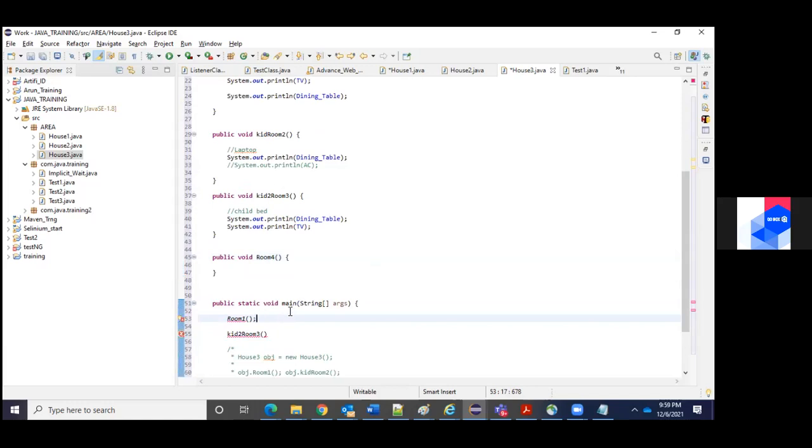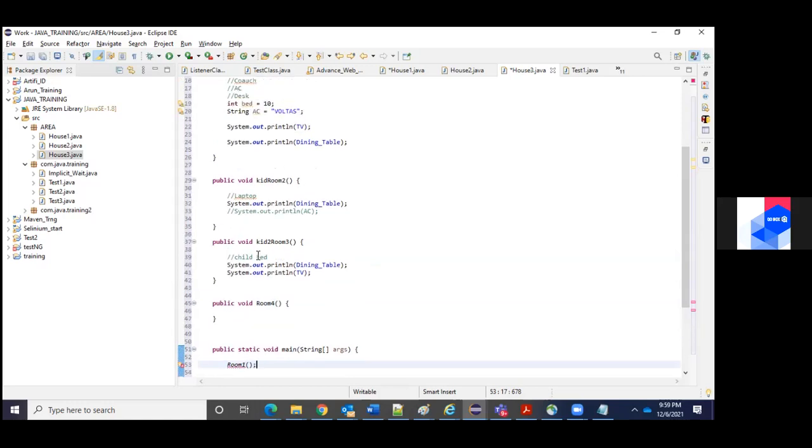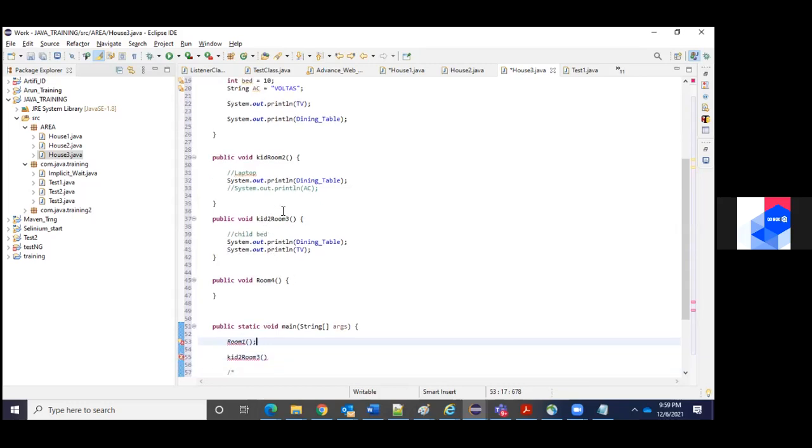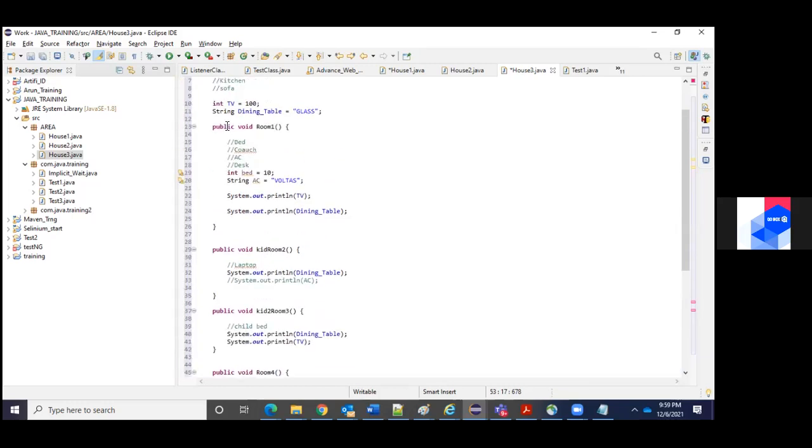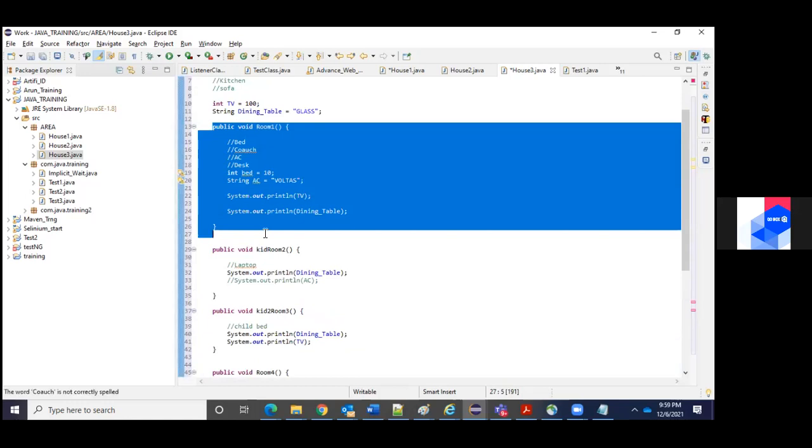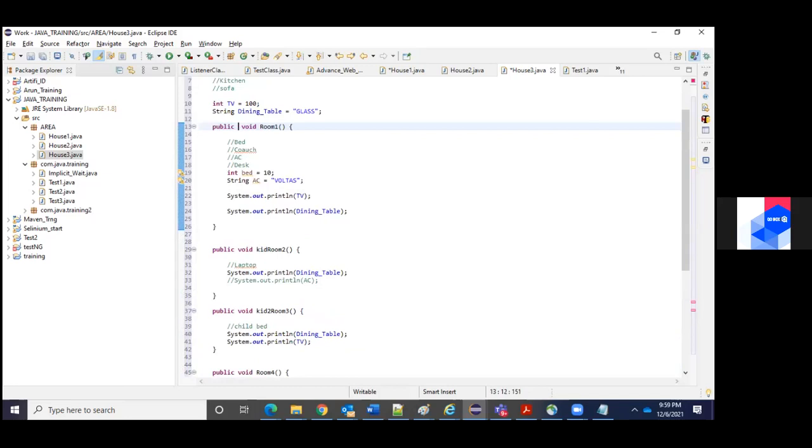In the same way, in our class also, there are two types of methods. This method is a non-static method. If you provide this one as a name, here it is a static method.